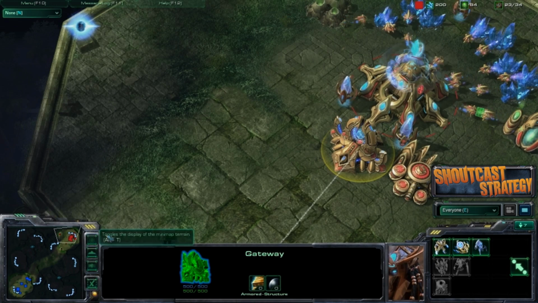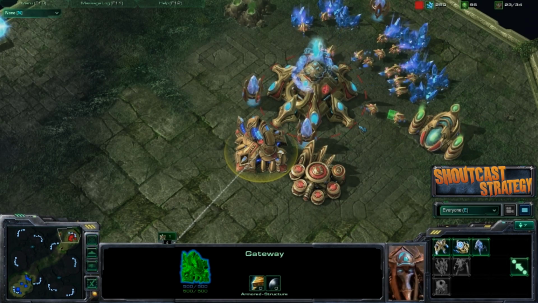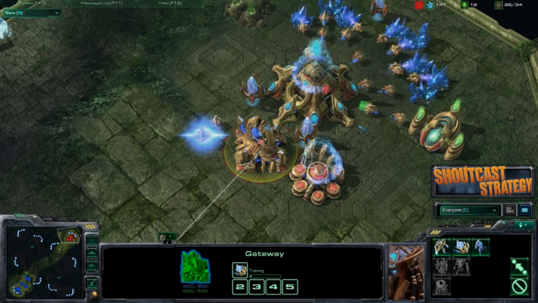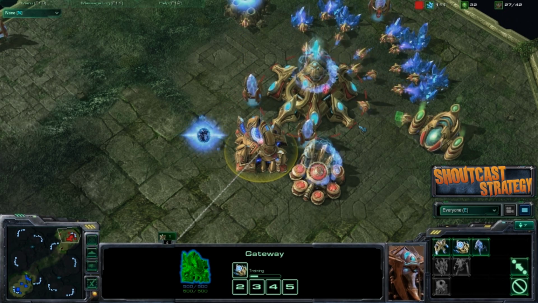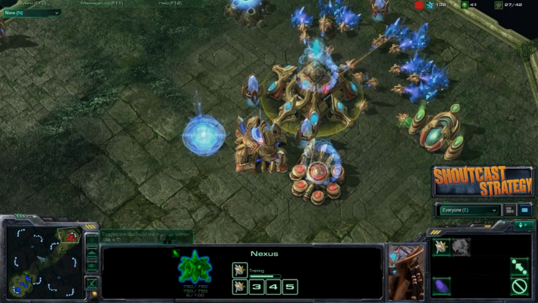I do like Sentries a lot, especially when you remember to use Guardian Shield. That's game changing. I know everyone knows that, but a lot of lower level players, and myself included, just forget to use Guardian Shield. It's just absolutely so amazing against both Protoss and Terran that there's no excuse not to use it. Just use it. Force fields